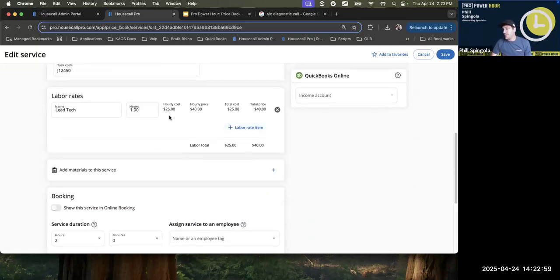Now, these next two windows right here, I'm going to show everybody this is what happens when you set up flat rate on your account. Because with flat rate on your account, you then have the ability to put in what labor rate is associated with this particular service. So within my price book, I either send my lead technician out for this particular service, maybe I'll send out